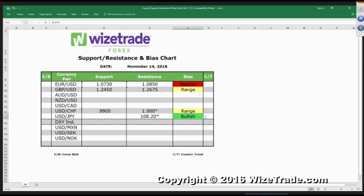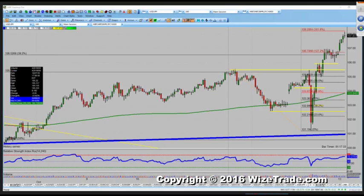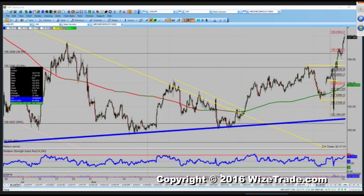This has turned bullish, the dollar yen. Okay. It has turned bullish. We've gone from bearish to neutral to bullish. Now, the question is, what dip can we find to buy? Because even though I'm short it right now, I'd rather be long than short. Okay. It's kind of like the bond market, I think,